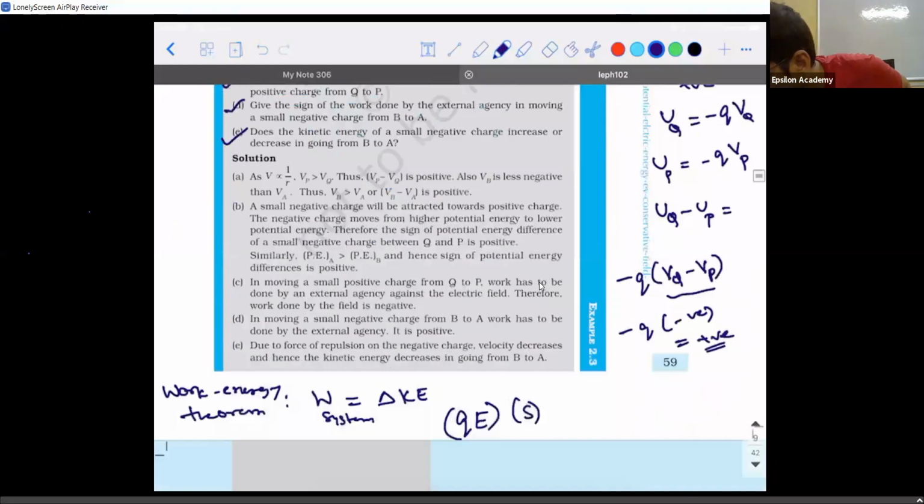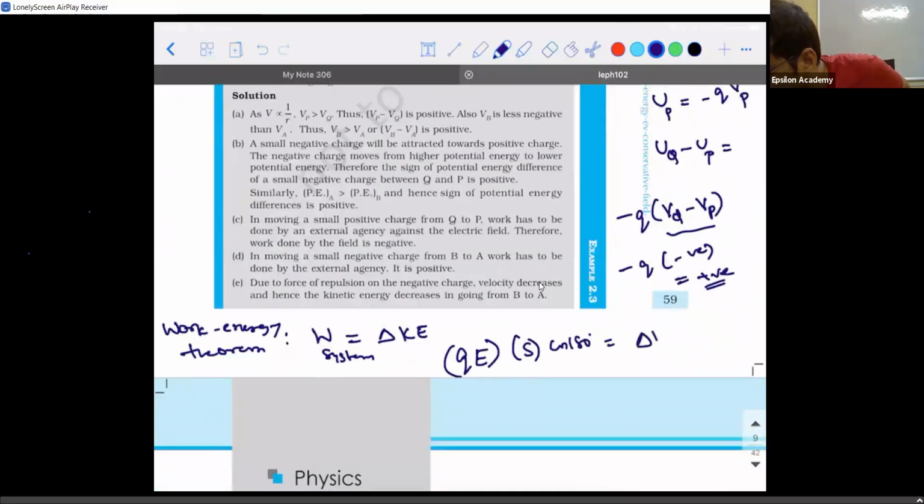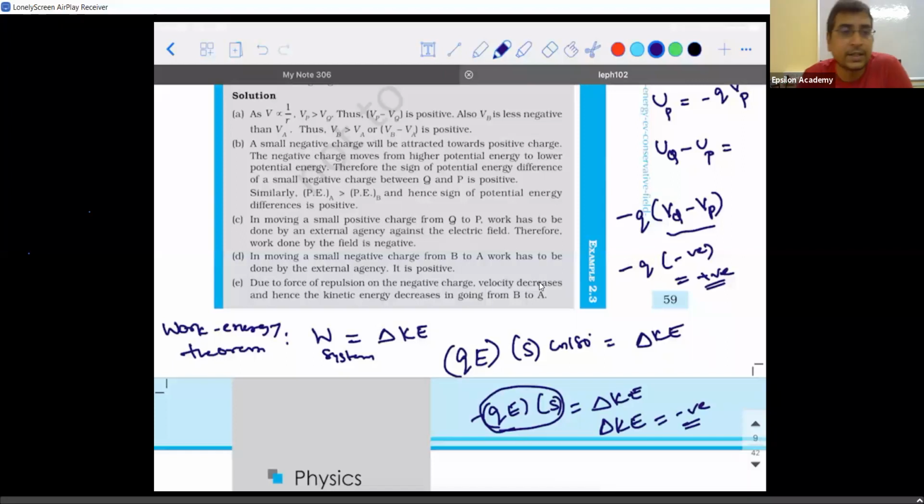Right? So QE into S into cos of 180 degrees is equal to change in kinetic energy. Accepted, guys? So cos 180 is -1. So minus QE into S is equal to delta KE. Now tell me, all these are positive values, so what is going to be the value of change in kinetic energy? It is negative. When I say change in kinetic energy is negative, then the kinetic energy has decreased. The reason why I told it is very important is it involves a lot of concepts. Is everyone clear with what I did?